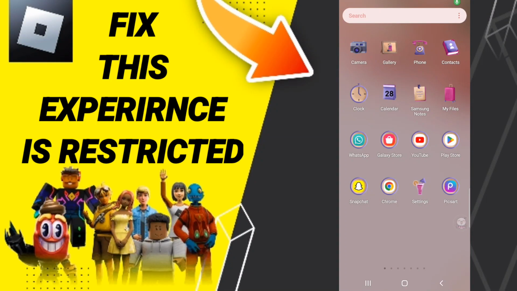Hi everyone, today we'll talk about how to fix or how to solve Roblox. This experience is restricted on your phone. To know how to fix or solve this experience is restricted on your Roblox app, you should just